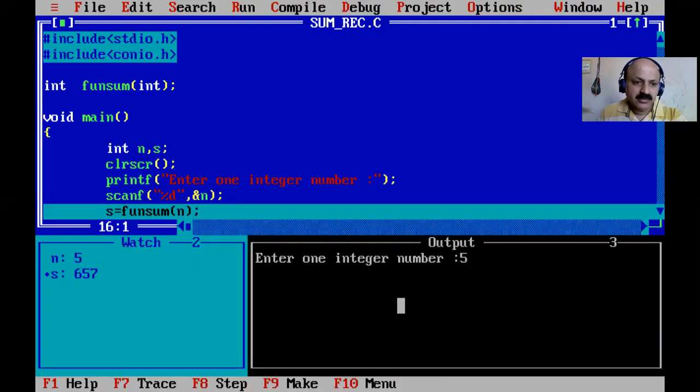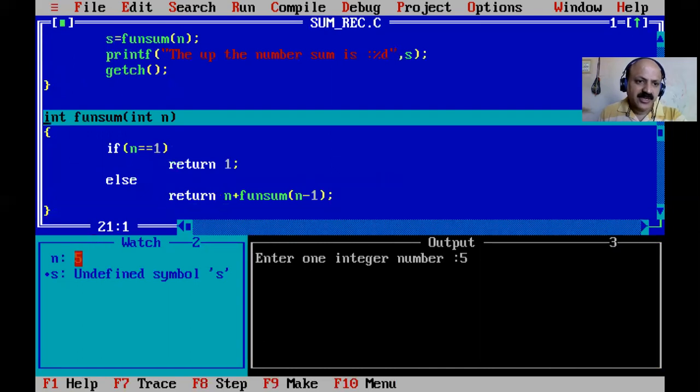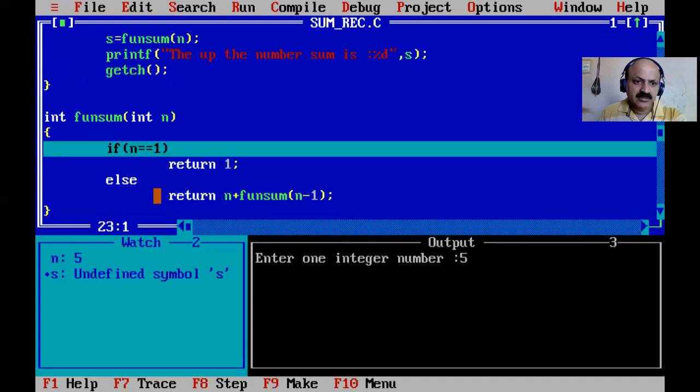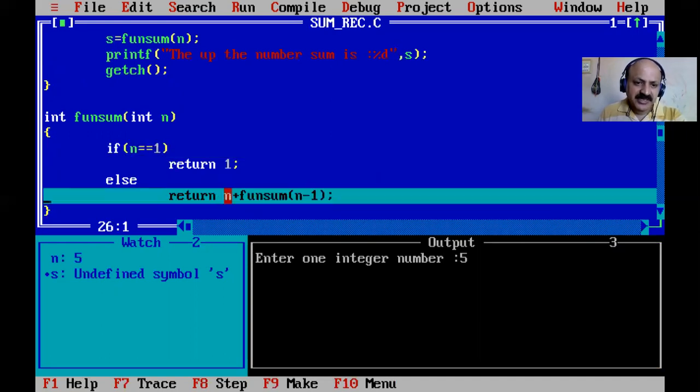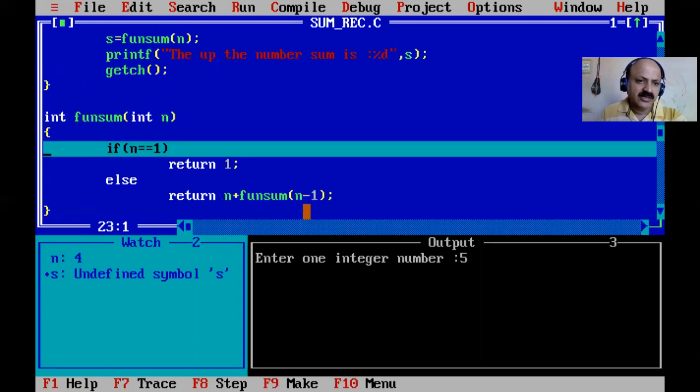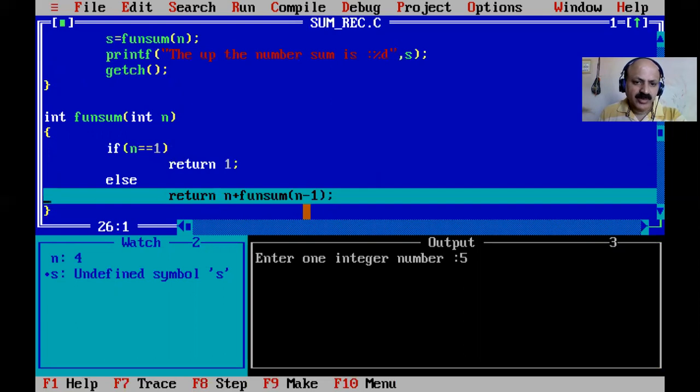Then the function is called. Now n is 5, and the condition is false. I press F7. n is not 1 because it is 5. So here 5 is waiting, plus the function sum of n minus 1, so 4. Now again the condition is false, so the else part, then 4 minus 1.